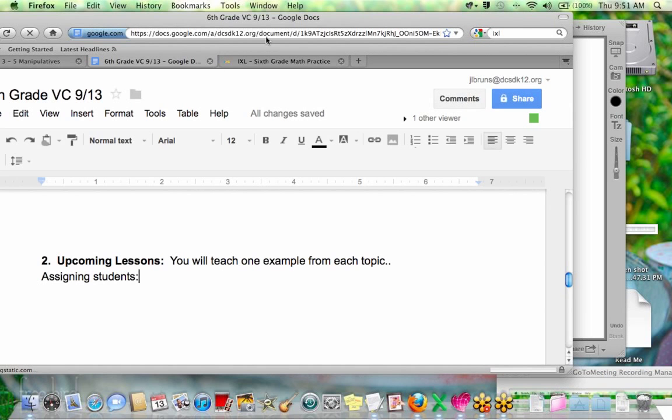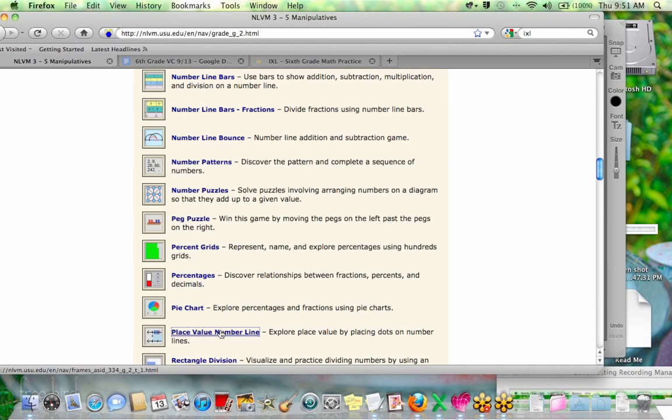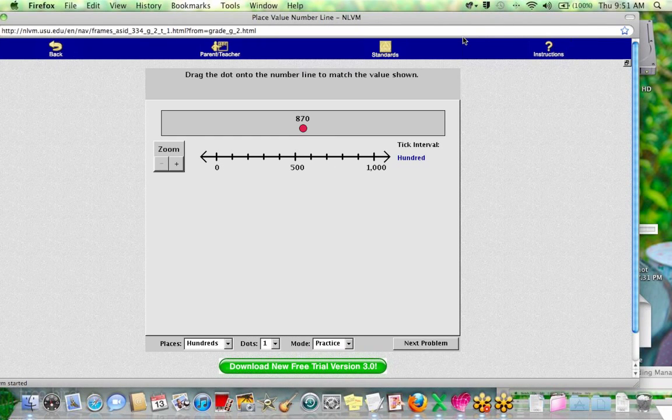Okay, all right, here we go. First thing that we're going to start with is comparing and ordering numbers. So I have a little game. Comparing and ordering numbers on a number line, and hundredths is way too easy for 6th graders. Let's go up to the millions. So we are going to play a game, and I'll do this very first one for you so you can see how it works, where we're going to order the numbers. They give us a number, in this case 6 million, and I have to put it in the correct place on the number line. So I have to drag the dot.